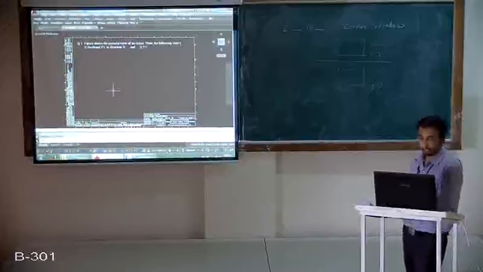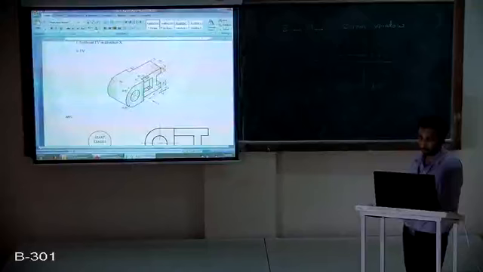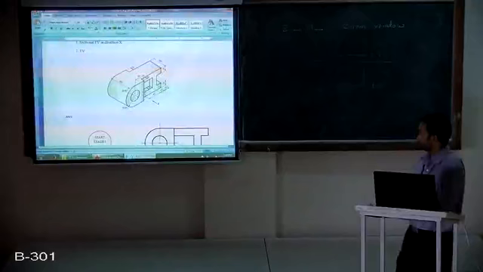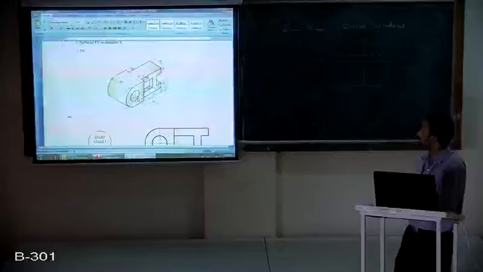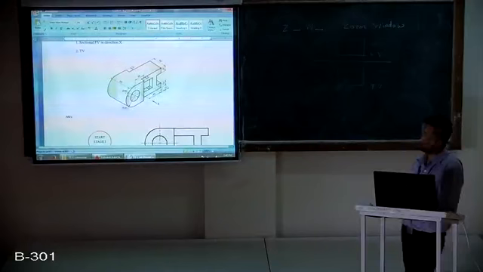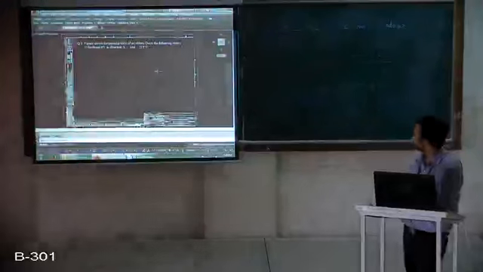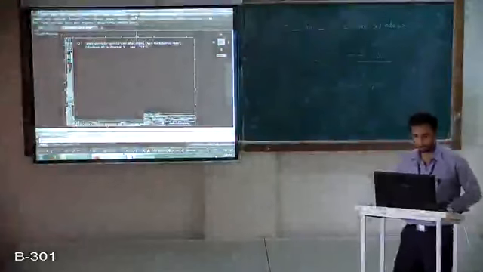Now as per the question, if you see the drawing here, the total height of the object is 60 mm. And the length, if you consider, is 15 plus 15 is 30, plus 30, so 60 is the block which is required in the front view. So what I will do, I will go to the software again, go to the modify toolbar, use the offset command, and use the offset distance. Now the offset distance should be 60, enter. After that, select this line and click on the top side.